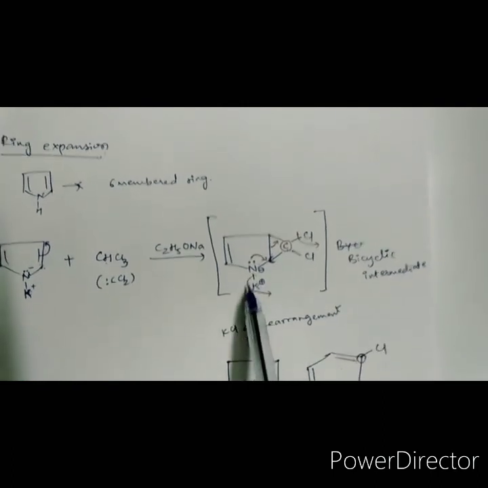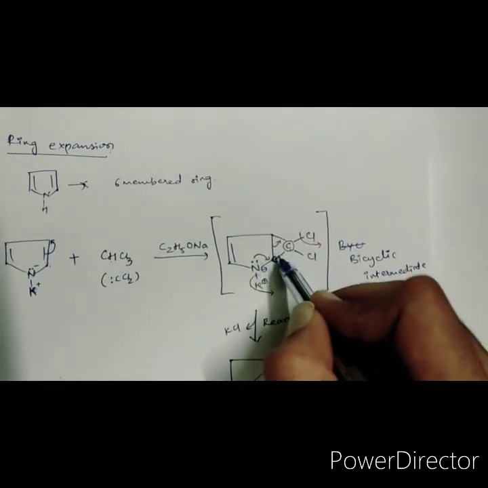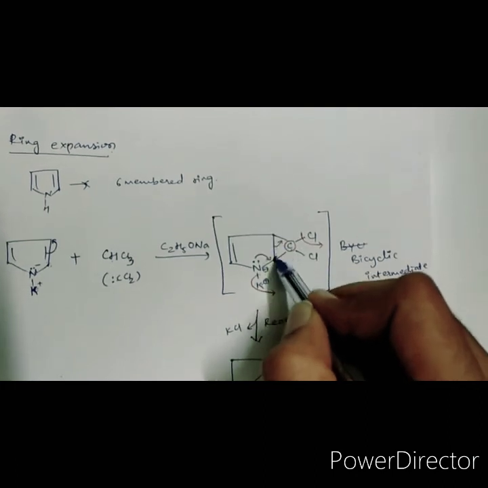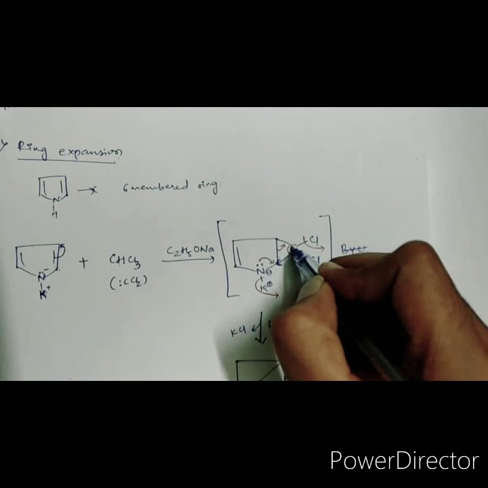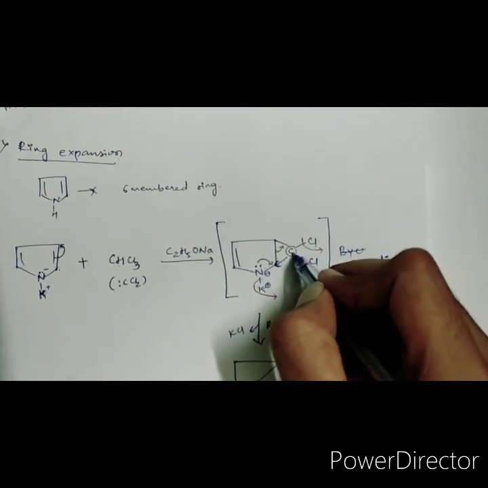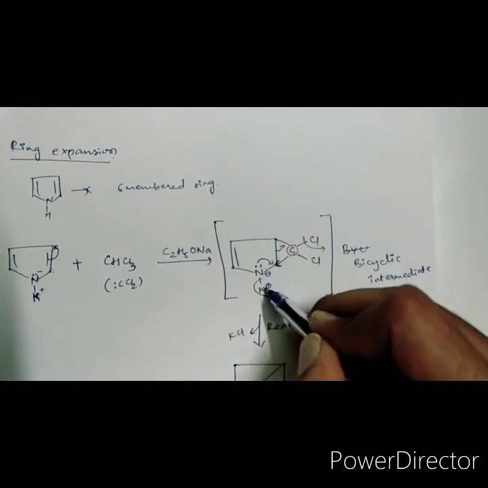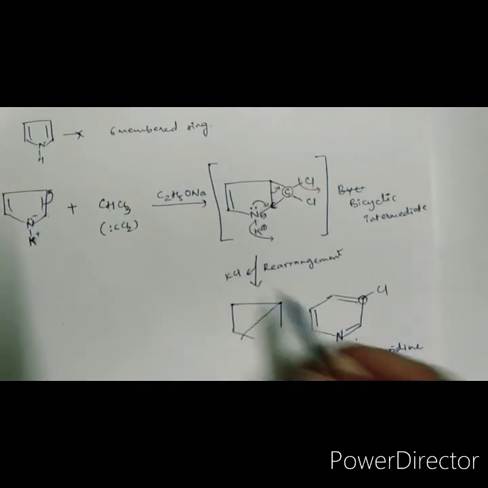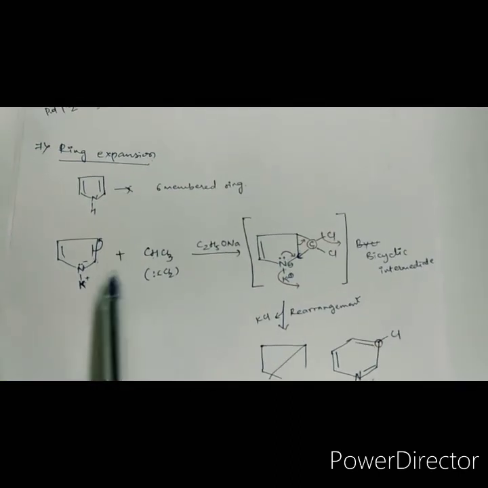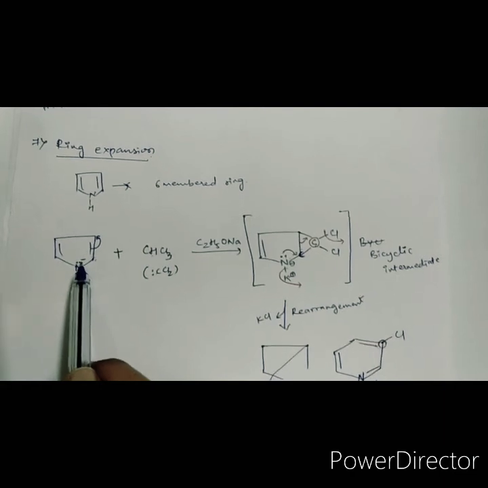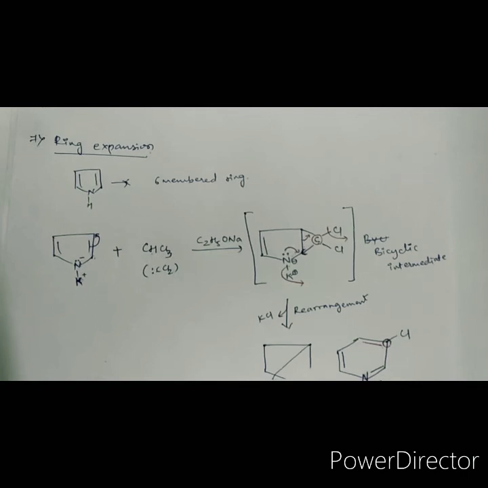So potassium loss, formation of a bond between carbon and nitrogen, breaking of the bond between two carbon atoms and regeneration of a carbon-carbon double bond, with dichlorocarbene as a carbon. And one of these chlorines is lost. This chlorine and potassium combine together and are lost as potassium chloride. So this is how the actual ring expansion reaction takes place, wherein potassium salt of pyrrole expands to form 6-membered 3-chloropyridine.